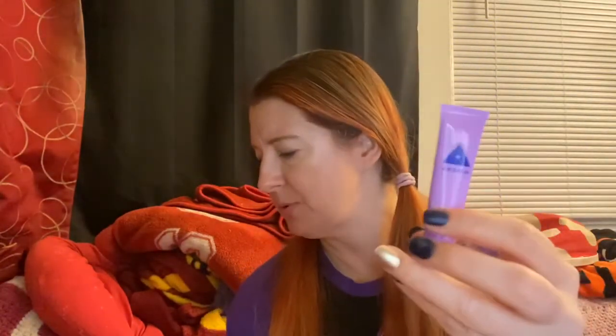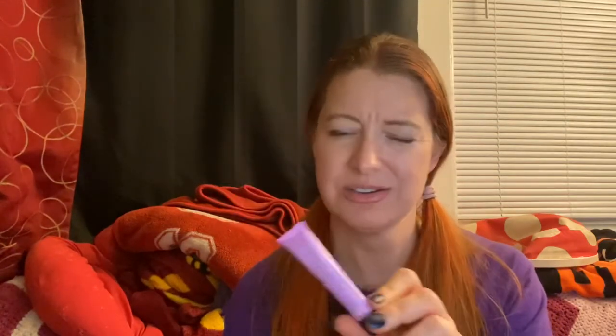Nice. Then finally, Aero Radiant Skin Moisturizer. Aero changed their packaging. It used to be like neon green and black and white, and now it is purple and navy blue. So this is supposed to be a lightweight moisturizer with a subtle sheen. Just my luck, I'm out of moisturizer. Perfect timing. So that is